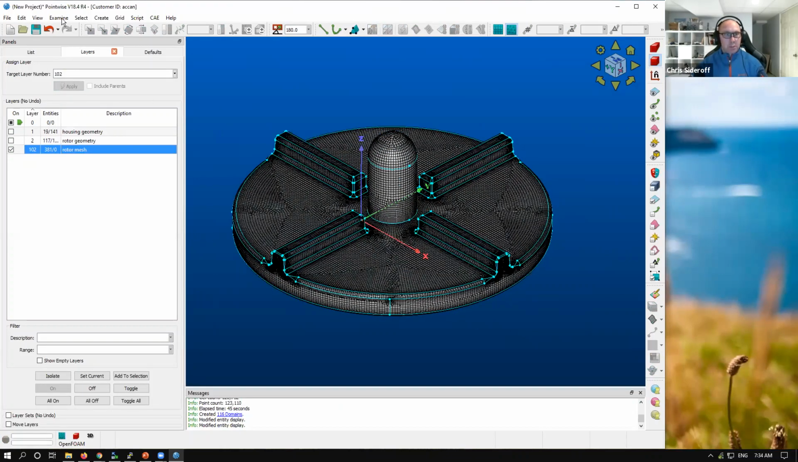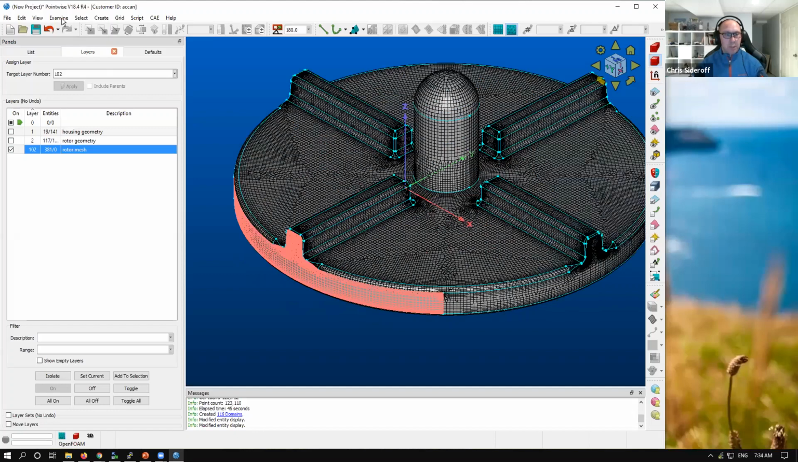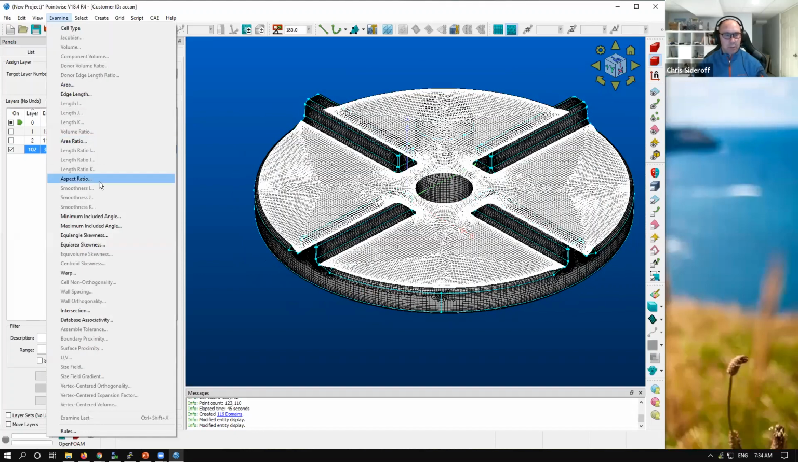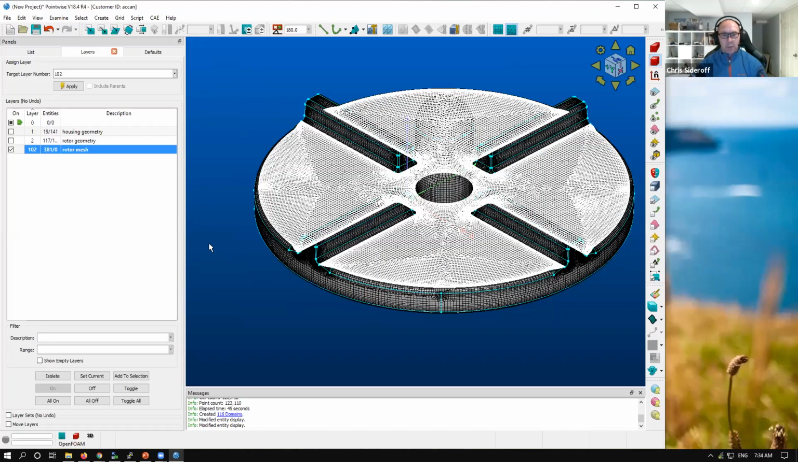So yeah, the question about skewness. I go to the examine menu, and Pointwise has a huge number of examine metrics. There's a whole bunch here that have to do with skewness: echo angle, echo area, echo volume, centroid, anyways. Because skewness is such a generically used term in the CFD world, you really have to go to the documentation for whatever application you're talking about to find out what that means. But when I say skewness today, I'm talking about the OpenFOAM skewness,